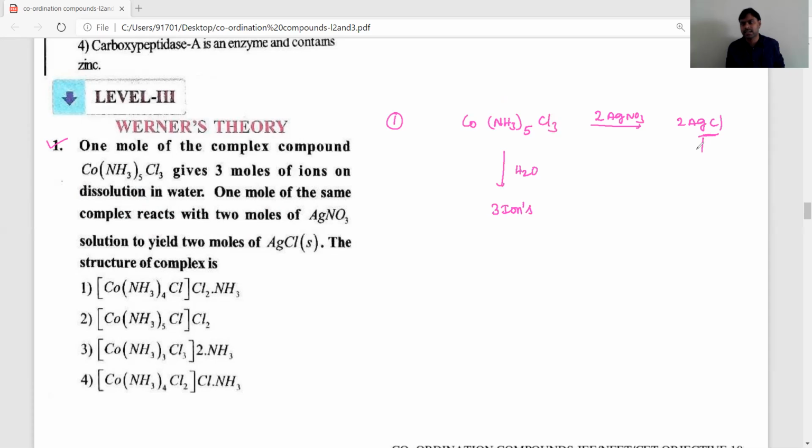It indicates that 2 chloride ions are present outside the coordination sphere, present in the anionic sphere. According to this, the correct representation is